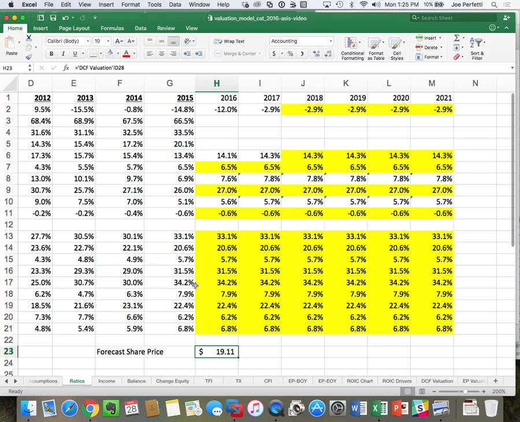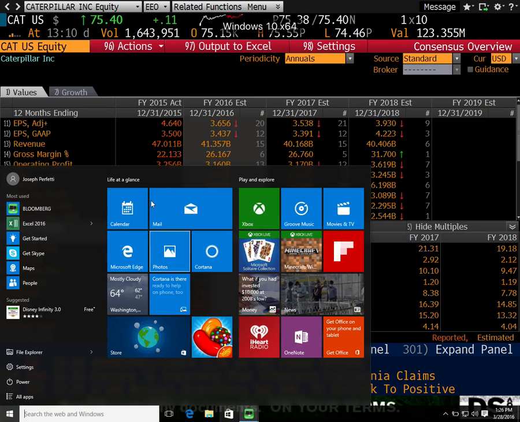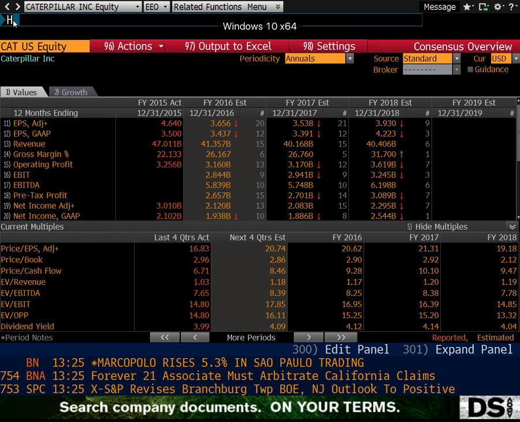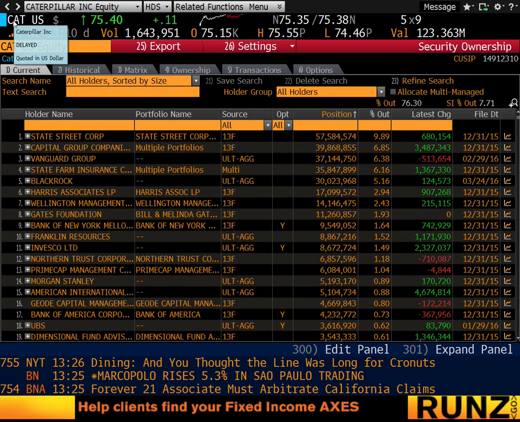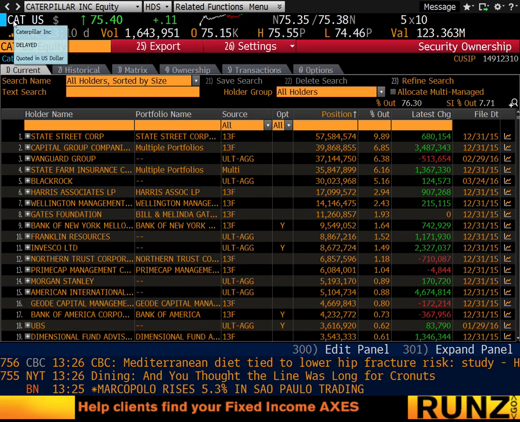When I do the as-is, what I'm trying to do is understand the wisdom of Wall Street. Because these owners, and I'll go back to CAT, the holders, are doing similar models to what we are doing here. And they're doing intrinsic value. And what I'm telling you is that the intrinsic value is far away from the current stock price. They're going to trade to it. They're going to trade and get an arbitrage opportunity. So I at least have to know, why is the company trading at its current price, right? So directionally,